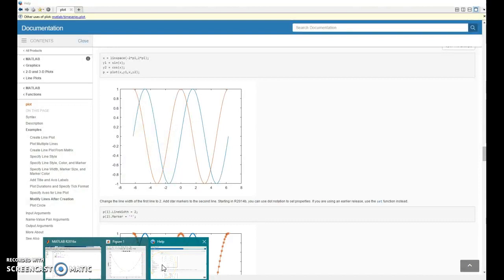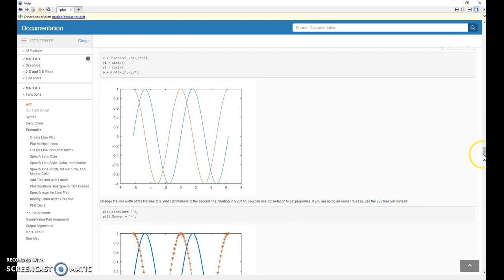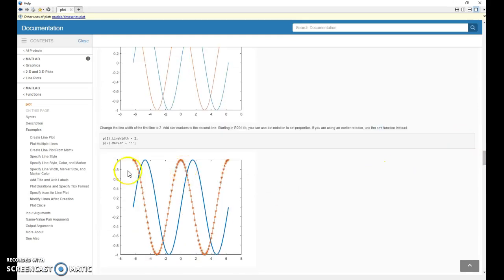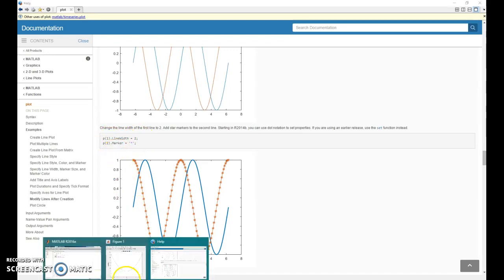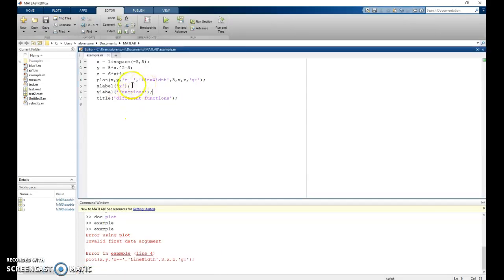Okay, so that line width didn't work, but I have another plan. So farther down in that doc, there's another example here. It says P1, okay, dot line width equals 2. So this is changing, I think, line 1 to that. So we're going to go over here, go back to our thing, okay, get rid of this because this obviously didn't work. Okay, and delete that, okay, go here, P1